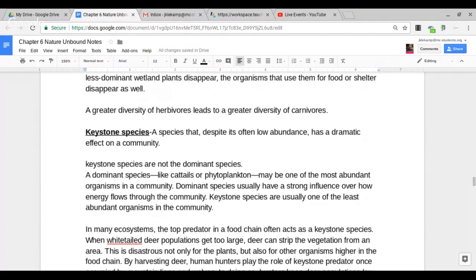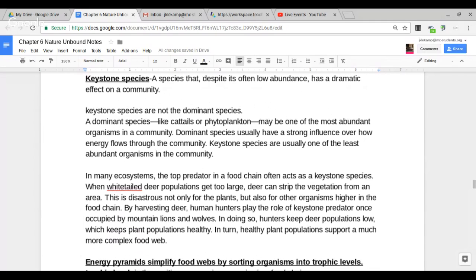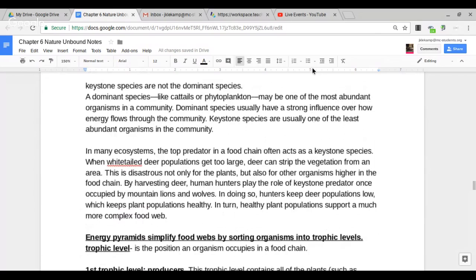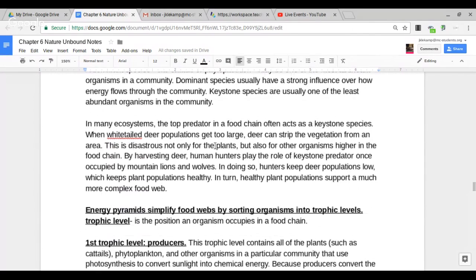If we had a keystone species in that area that could help to keep those in check, it would be a muskrat. So the muskrat would actually break down some of the cattails, keep them in check, so to say, so that other herbivores could also be safe there, and also other producers could have areas to grow there too. Here's another example: the white-tailed deer population, if it got too large, could strip the vegetation